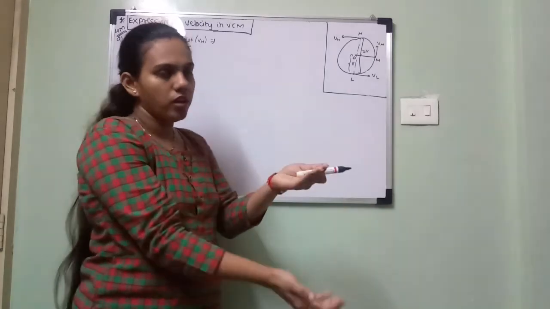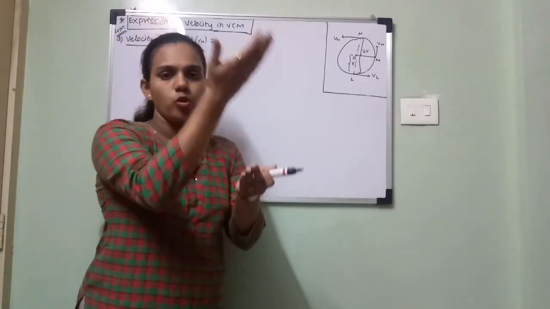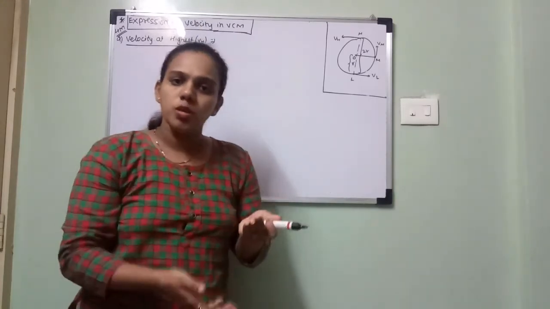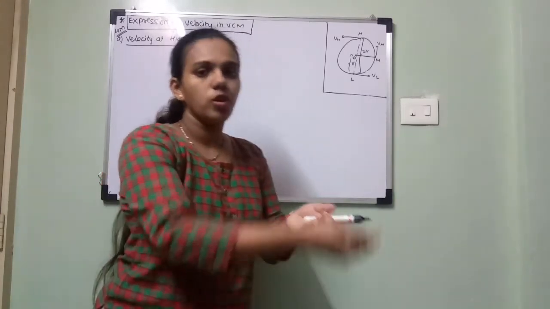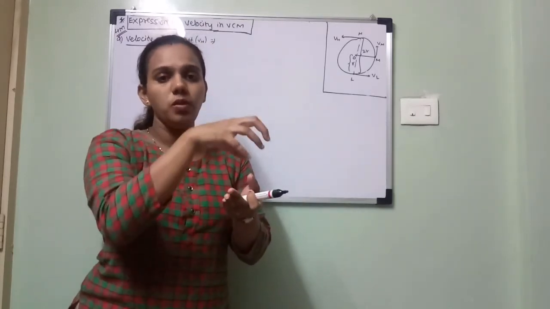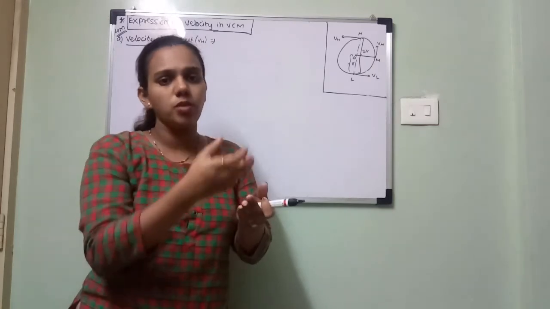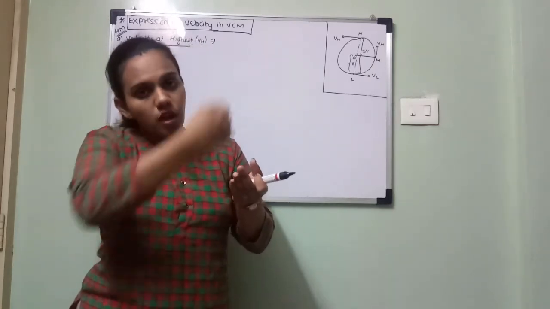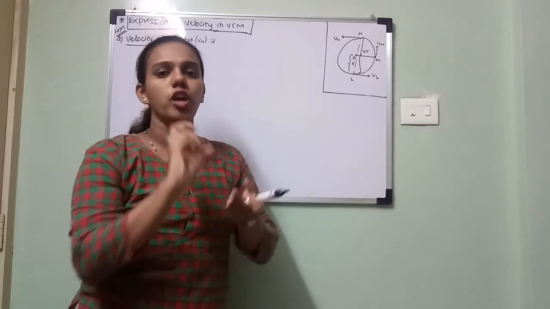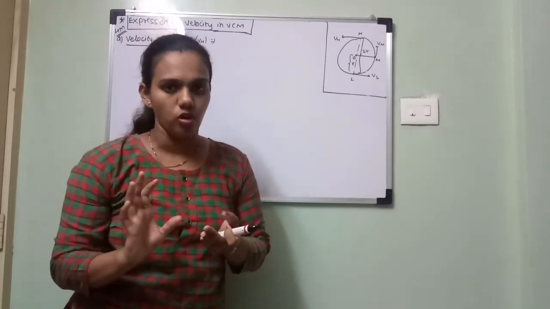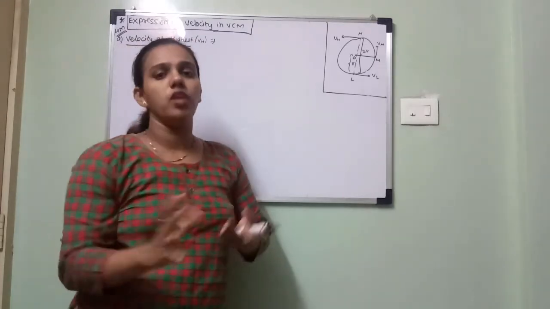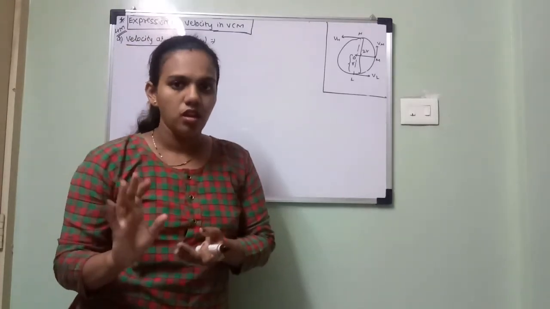When you throw a ball in an upward direction, what will happen? It will come back in the downward direction due to the influence of gravity. Similarly here, when the body is going from the lowest position to the highest position, it has some influence of gravitational force. So when it wants to come down again towards the lowest position, the tension value should be greater than or equal to 0. Then only it will come down towards the downward position. Otherwise it will fly away if gravitational force is not considered, without gravity.